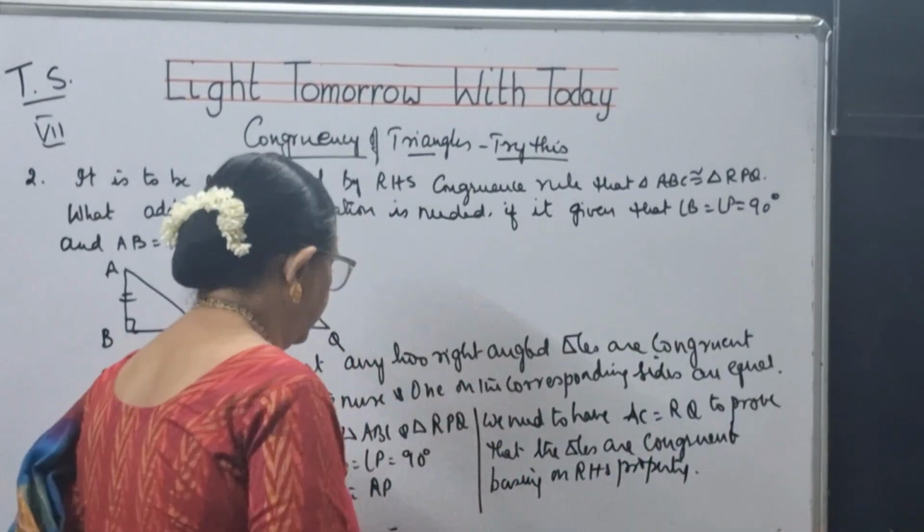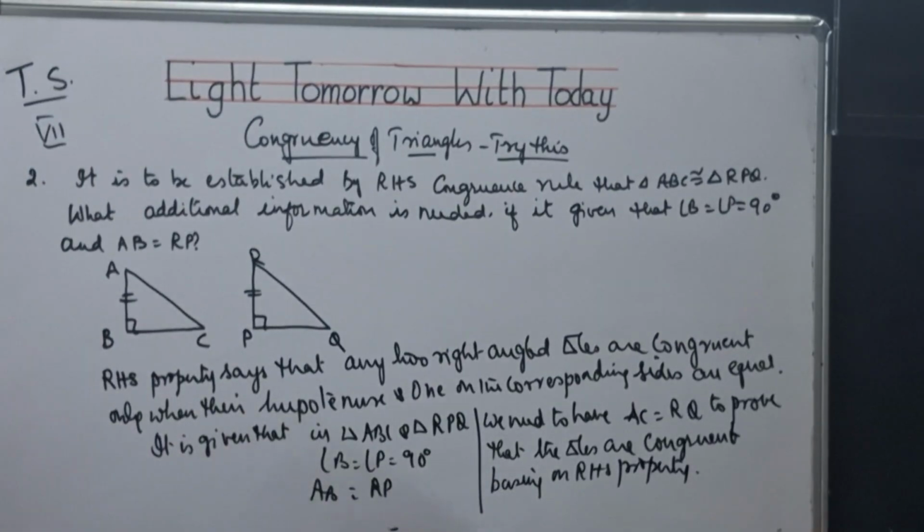So if you want to say that they are congruent basing on RHS property, what additional information is